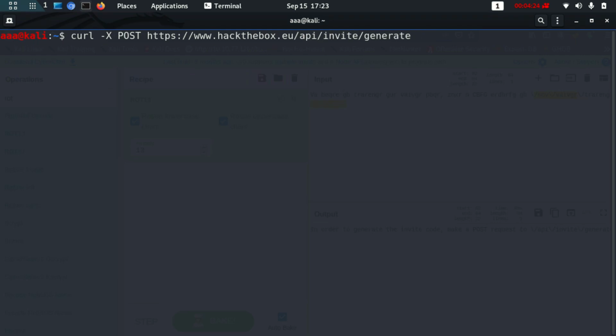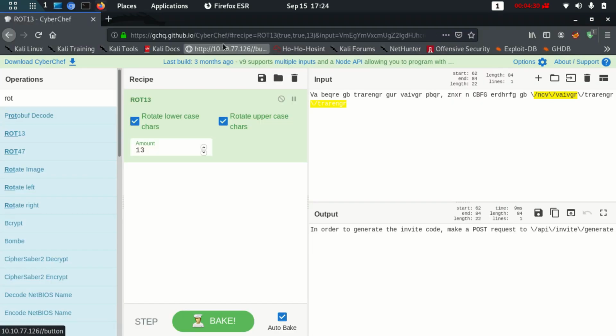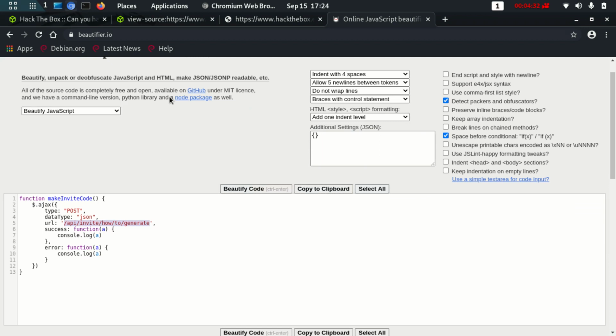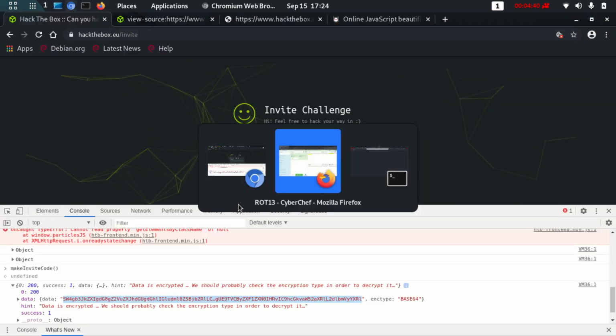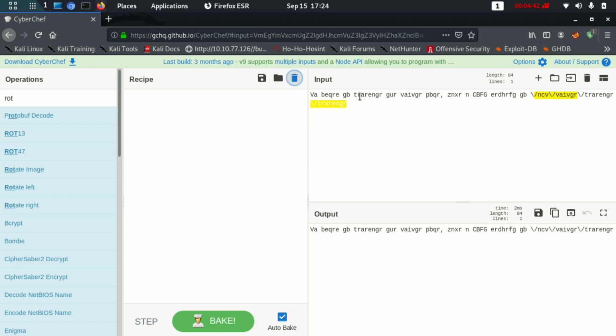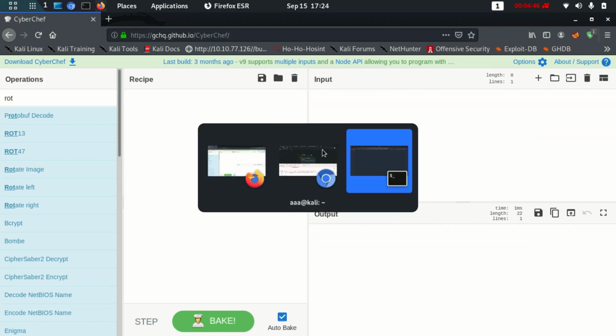Let's run this, and yep, success. You can see that the data which I received here is the same as what I got here. Let's decode both of them. Firstly let me paste the invite code, which is not this one.